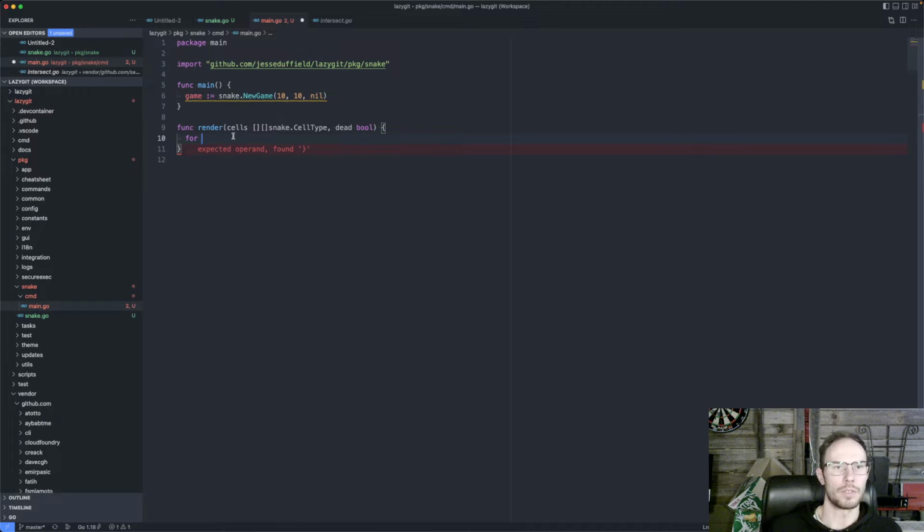Back over here, I want to go through my rows. So for row in the range of the rows, and then for the cell in the range of the row. Sorry, for each row in all my cells, I guess it's weird calling it cells. Maybe I should call it something like map or like screen. Anyway, I'll call these cols. It's a row. Although it really is, I mean, this is a cell. Yeah, it's kind of awkward calling this thing cells. Anyway,